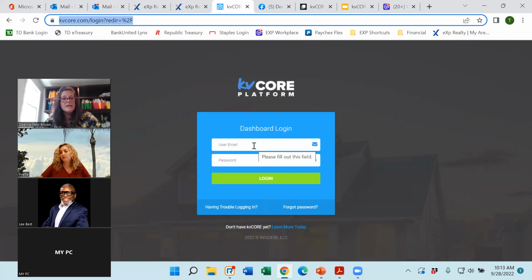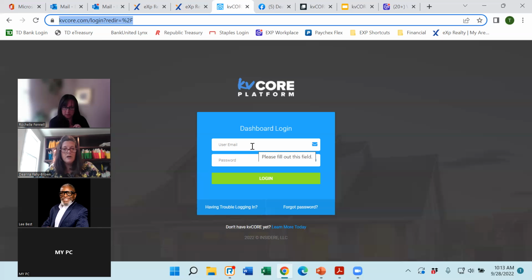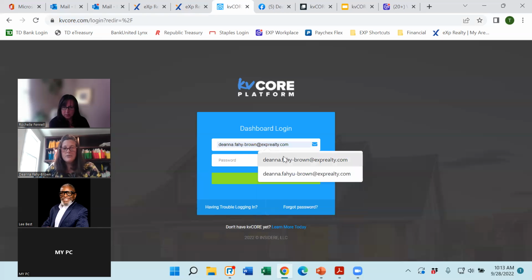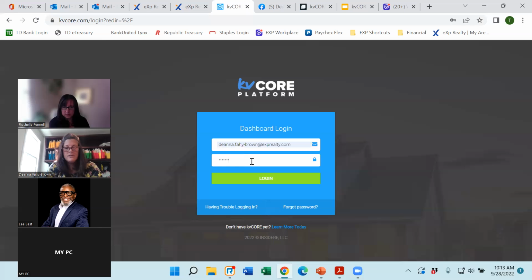kvCore will use your eXp Realty email address, just like Enterprise did, but you will have to set up a new password. Unlike a lot of the places where your passport password allows you to log into multiple places just with that one password, that doesn't work with kvCore. So you can try to mirror the passwords, but it won't automatically always be the same. So I'm going to go ahead and log in, and I see there's a question there. So as soon as I get us to the dashboard page, I'm going to go ahead and,